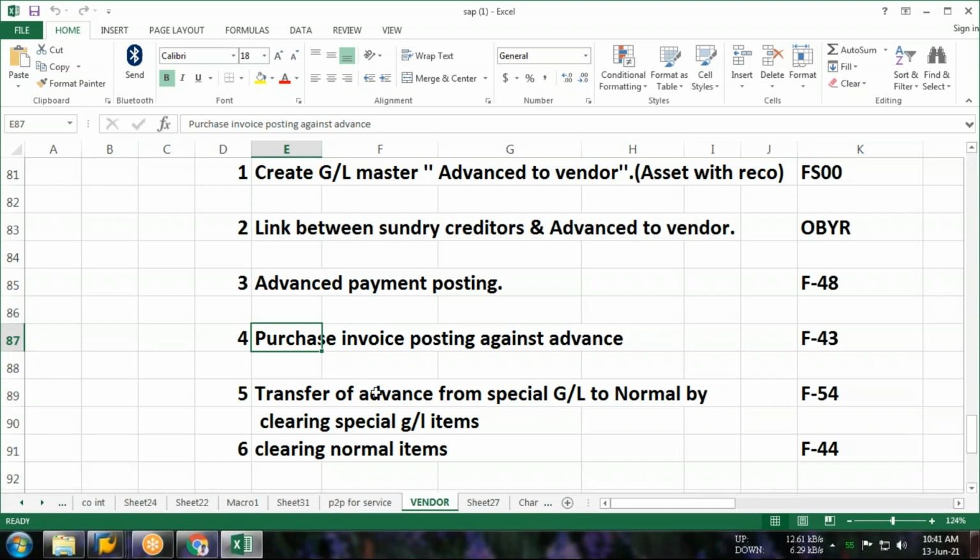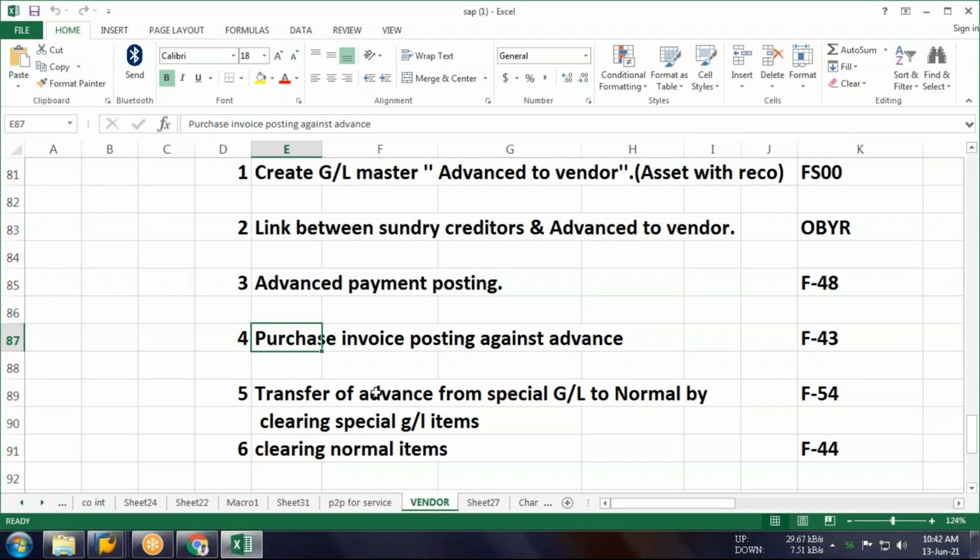Guys जहाँ पे advance payment होगा, if there is an advance payment, and you want to post any vendor invoice against such advance, please remember my words. You have made an advance to the vendor and the vendor has issued an invoice. Now you are going to post that invoice against such advance. So T code will be F-43.